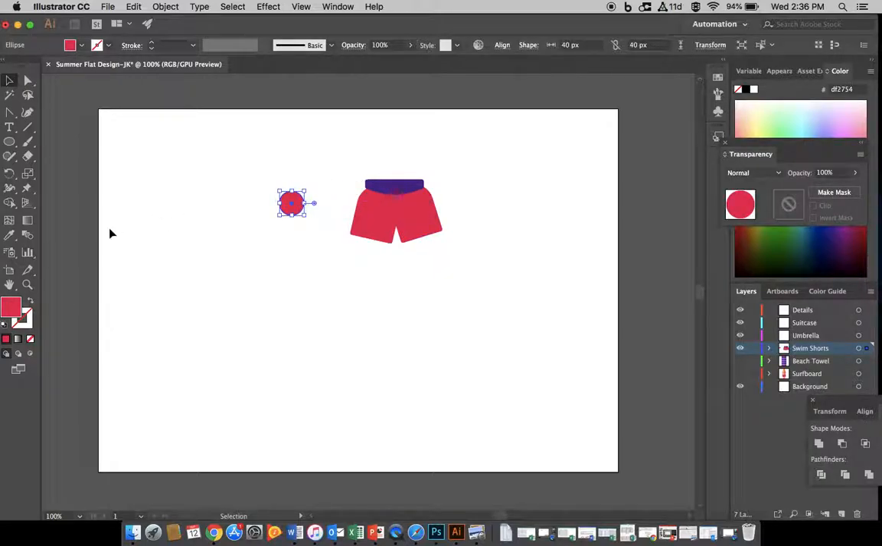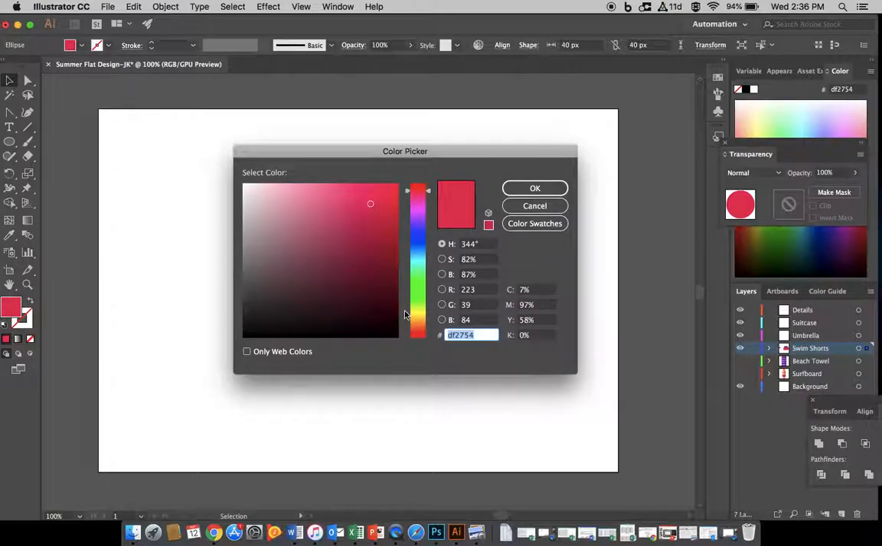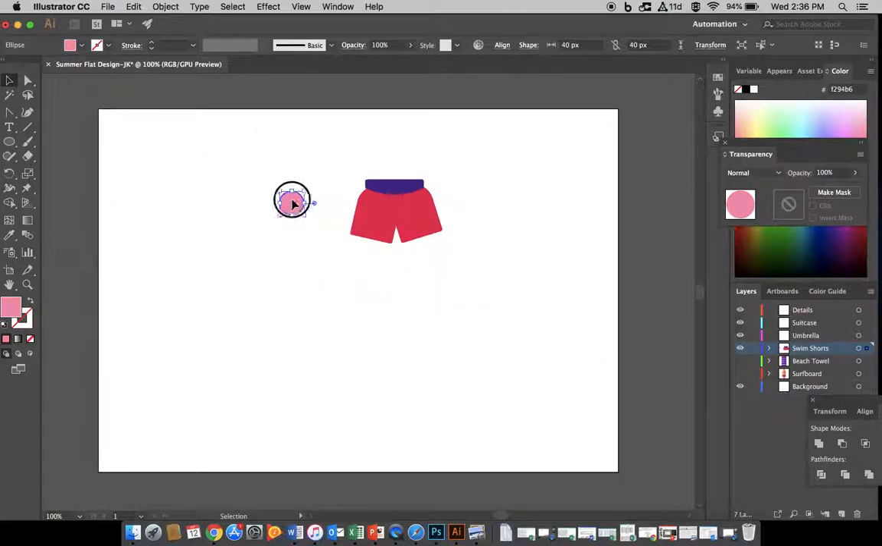So we need to change the color. So come over here to your color picker, open that up, and let's make it a light pink color. So that is F294B6. There we go. That'll stand out. So now let's go ahead and make our copy. So I'm going to do Alt and drag one over. So we're going to place it about where you think a pocket would be. Now it is going to overlap,